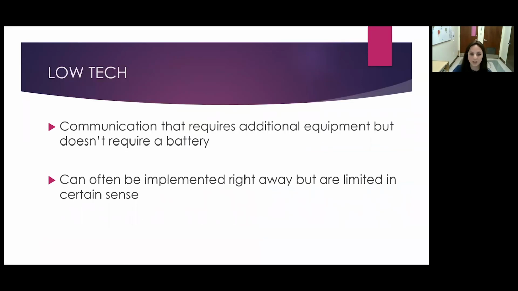Now there's low-tech. Low-tech is communication that requires additional equipment, but does not require a battery. So there is some kind of additional equipment involved, but it doesn't require a battery, meaning it's low tech, not really using much technology. And it can often be implemented right away, because there's no technology, you don't need to go through the whole process of getting an AAC system. Because that process is not necessary,